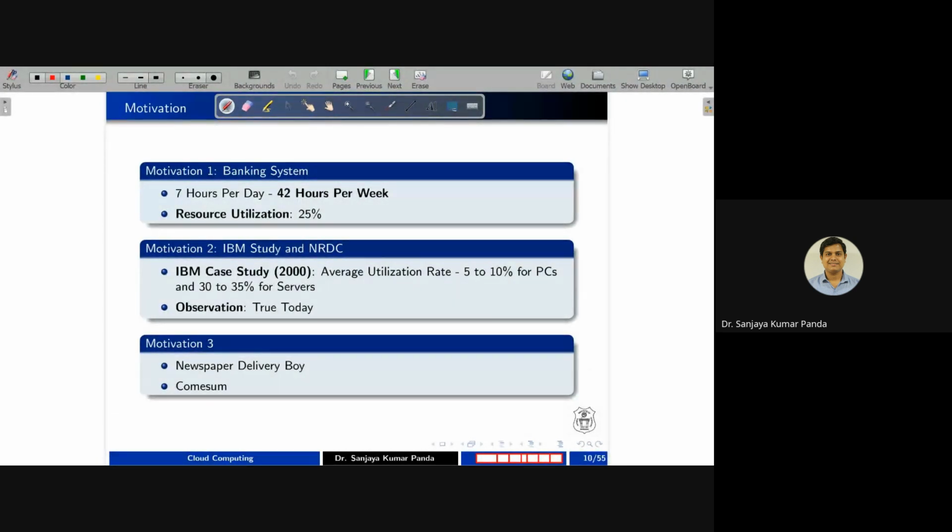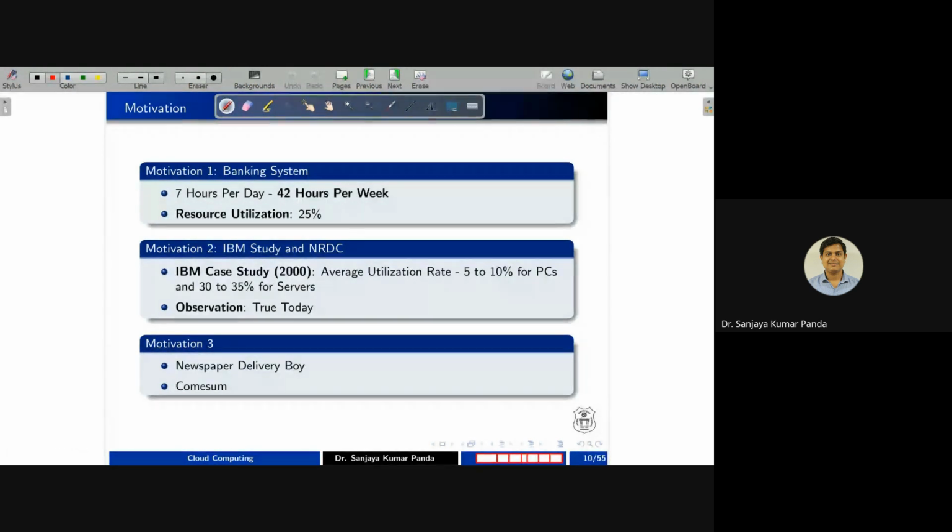Now coming to some motivational examples in which I am trying to address why computing is important. For example, if you go for a banking system, or you can take an example of our education system. Suppose a faculty member or a bank cashier or a software professional is given a computer system, and that person uses the computer system for 7 hours per day.